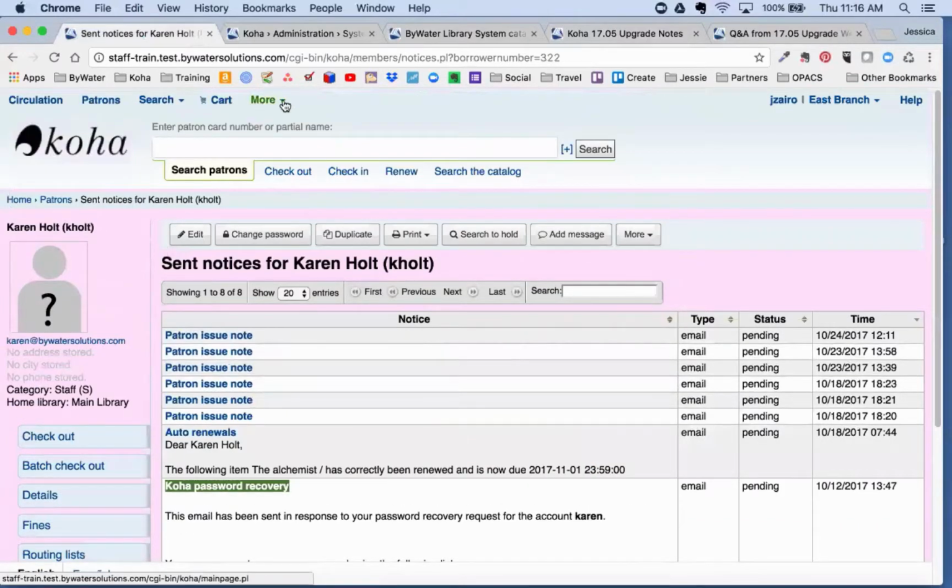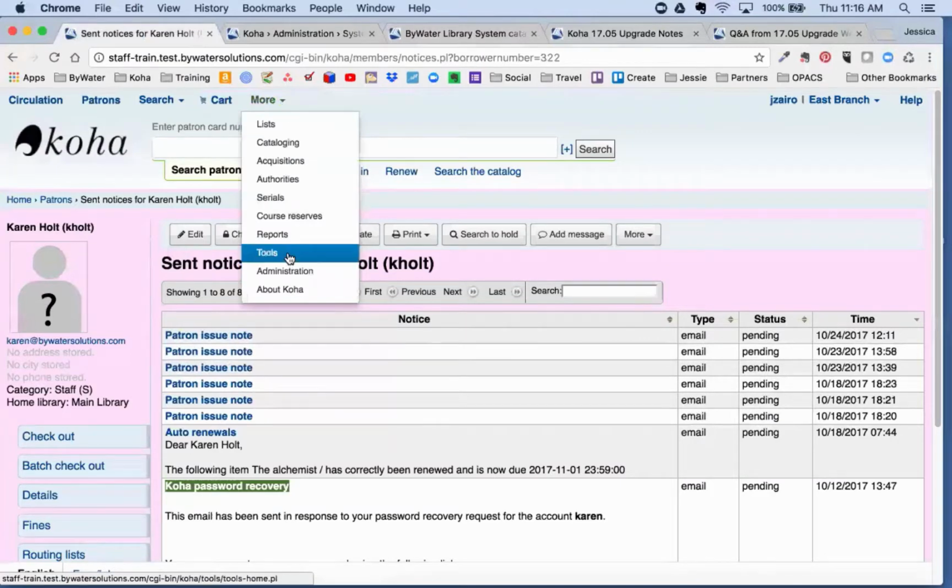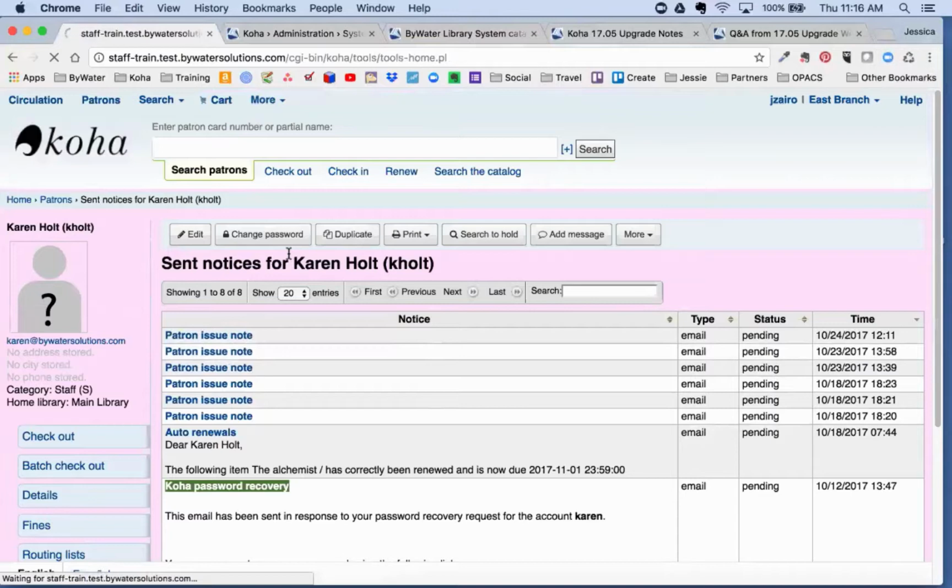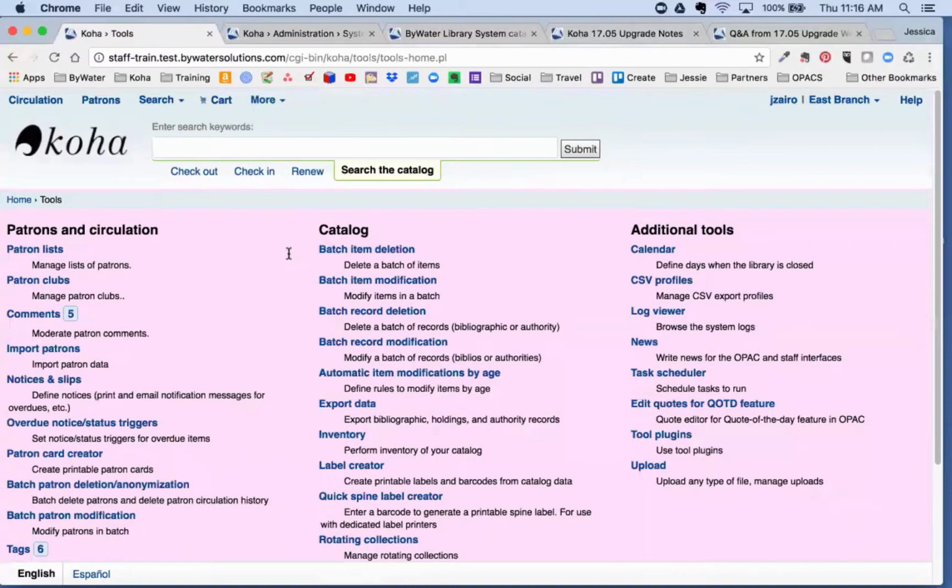Okay. Let's go back to our patrons, and now we're going to jump into our tools feature. Is there anyone out there that uses their patron card creator to create cards for their patrons? No, I don't see too many. Well, for those of you, if you ever think about it or would like to set it up,